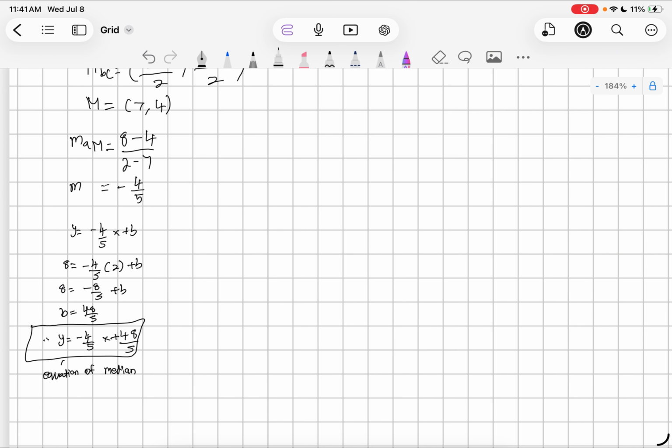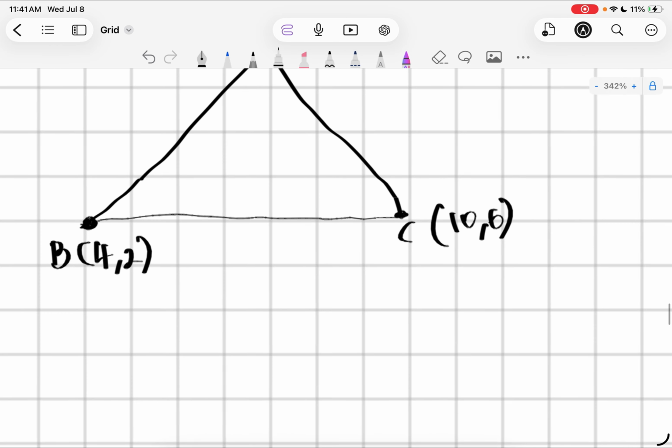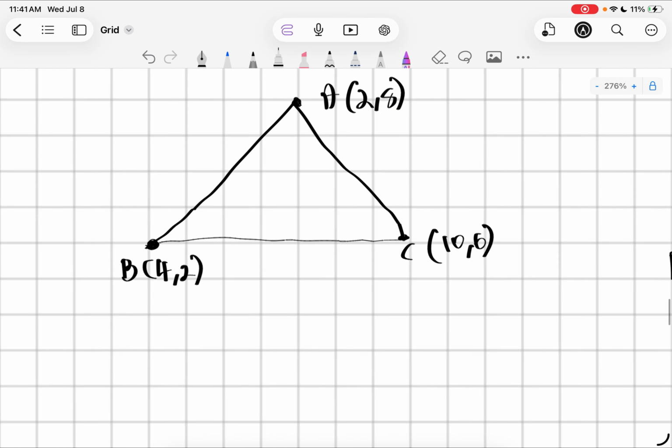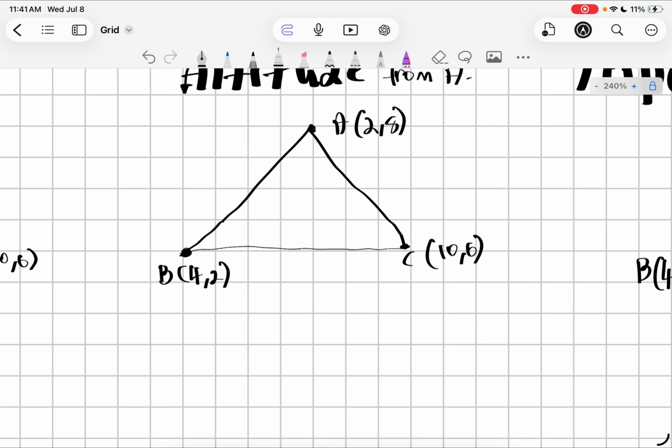And that's our equation of our median. Now moving on to our altitude. Altitude is a line that forms from a vertex that forms a 90-degree angle with the opposite side. So essentially, in simpler words, it goes like this, and that's a 90-degree angle. So the first steps of finding altitude are,